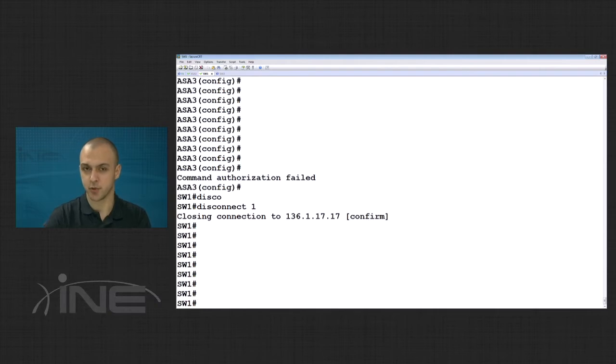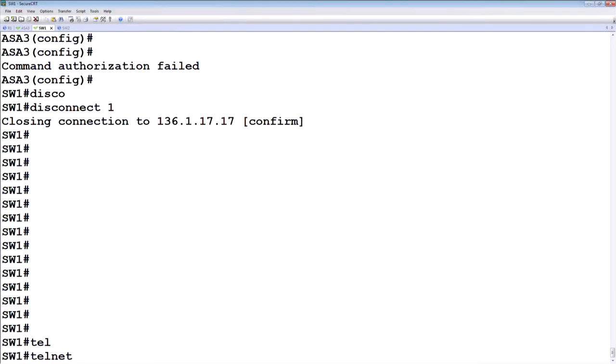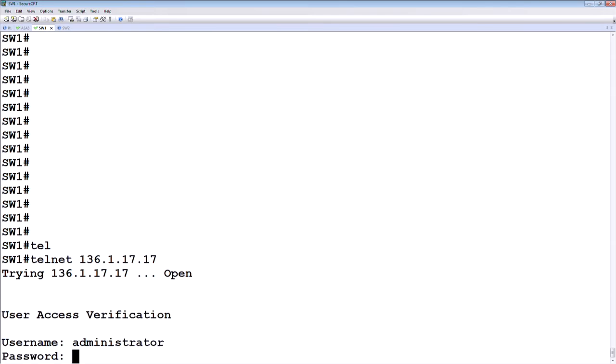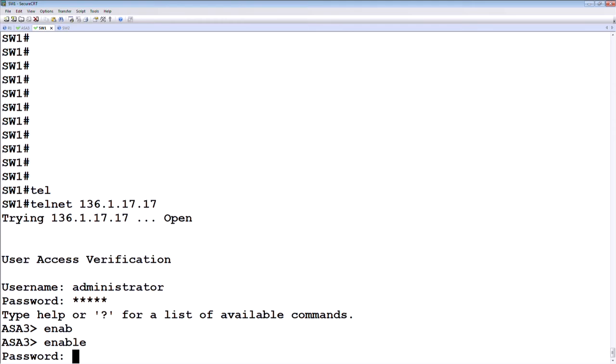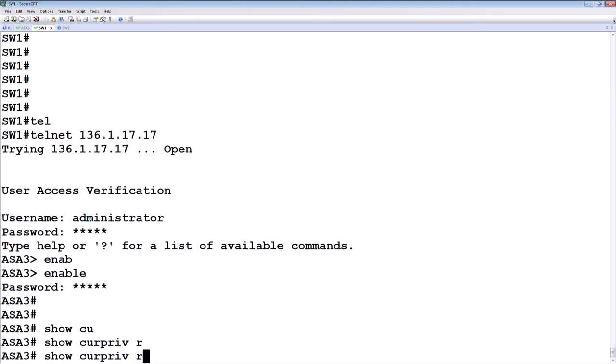Okay, so now the ASA is rebooted. Let's go again and try and telnet from switch 1 and authenticate. So I'm going to say telnet 136.1.17.17, and I'm going to authenticate with the administrator user, administrator, and password of Cisco. And I'm going to say enable and password of Cisco, show curpriv,